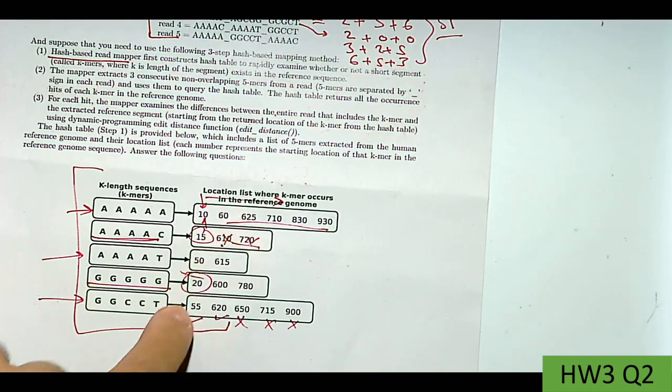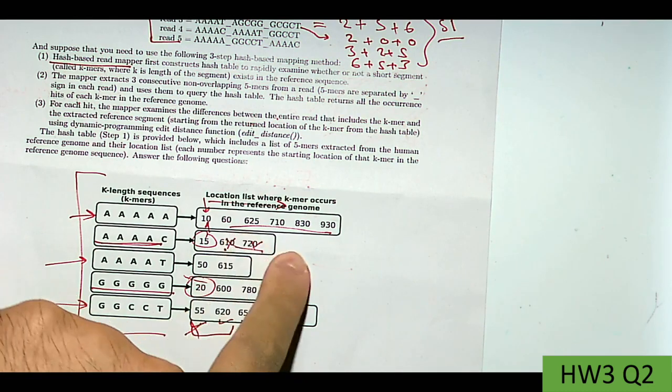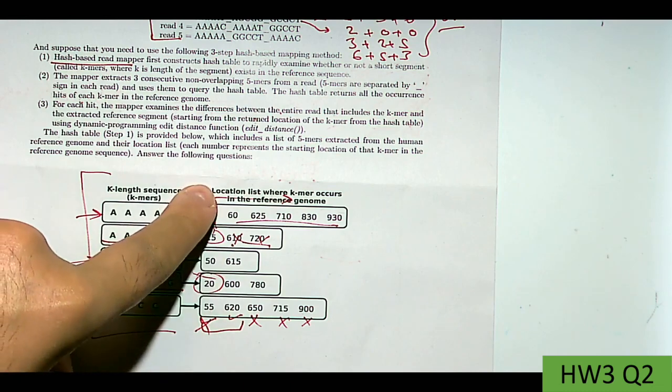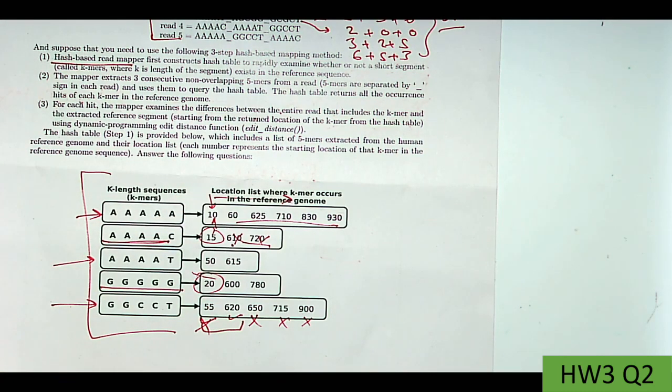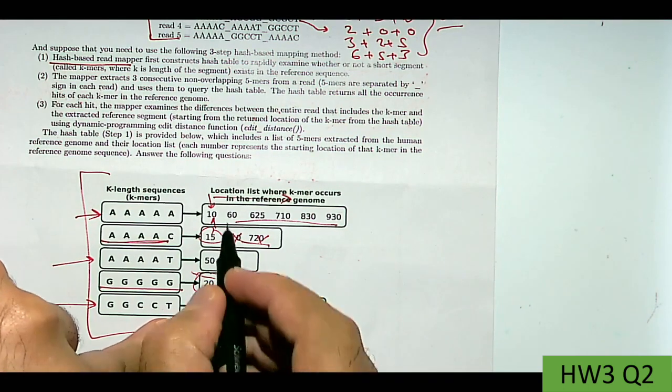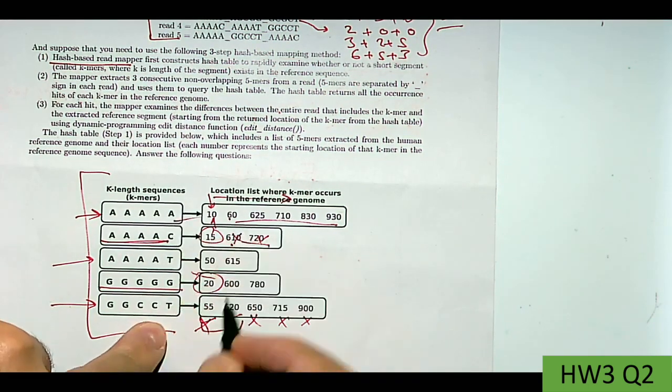Okay, so we are comparing now 55 with this. No, it's too far, so we should ignore this one. Now 620 is, oops, sorry. So this is the third k-mer, right? And this is the second. So this should be an increment of this, right? Yeah, so this is correct. It's good that we mentioned it, to know that there's a forward and backward direction. So anyway, this 60 is next to 55, so it's correct. So we should keep this